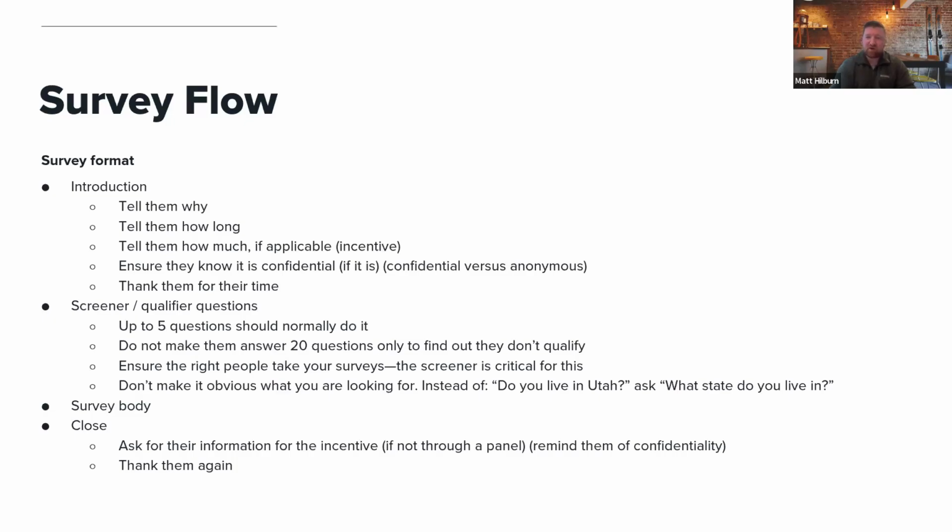However, even if you've done all of those checks, it's still a really good idea to include some questions to make sure you're talking to the right person. Let's say you only want to talk to your customers in Utah and you've got customers nationwide. So you want to include a question that asks what state you live in. Now, we don't want to be distrusting of people, but there are also bots online that can get a hold of a survey and take a survey.